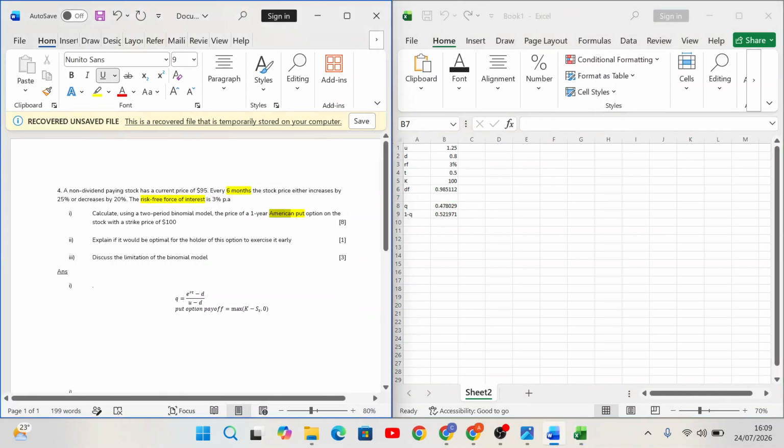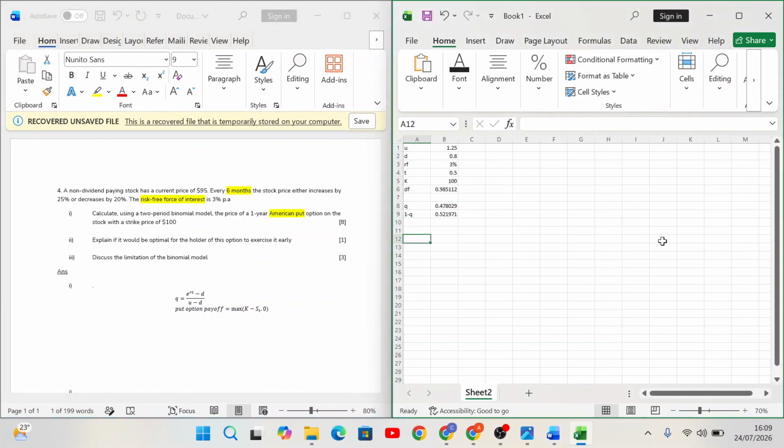as I had highlighted here, it's an American option, meaning it can be exercised at any time, at either time 0, time 0.5, or time 1. So we'll start where we are waiting for maturity, which is time 1, to exercise it. This will be the same as a European put option, since we are waiting for the very end. So we're starting at 95. When it increases